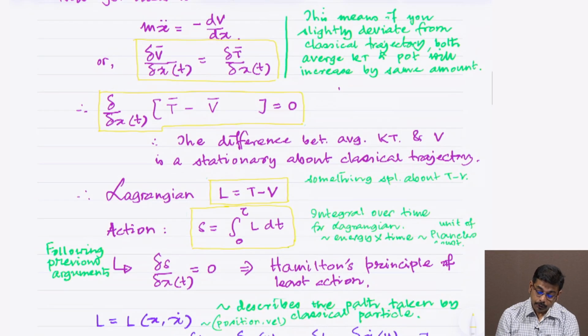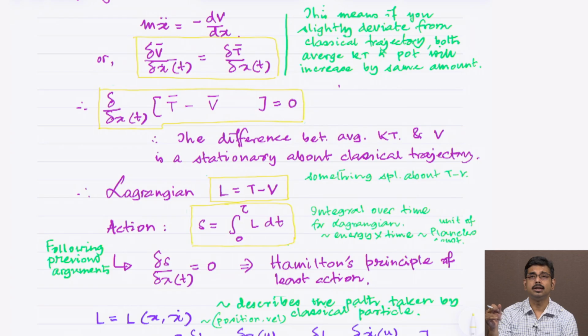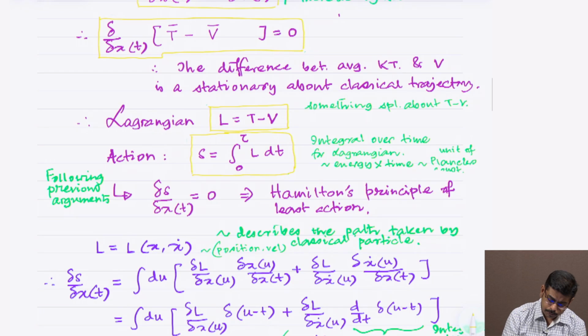Therefore, if the equation of motion is del by del x t of T minus V equal to 0, and we construct the action S equal to the integral from 0 to tau of L dt, it means that the equation of motion follows the principle of least action, del S by del x t is equal to 0, and this goes by the name of Hamilton's principle